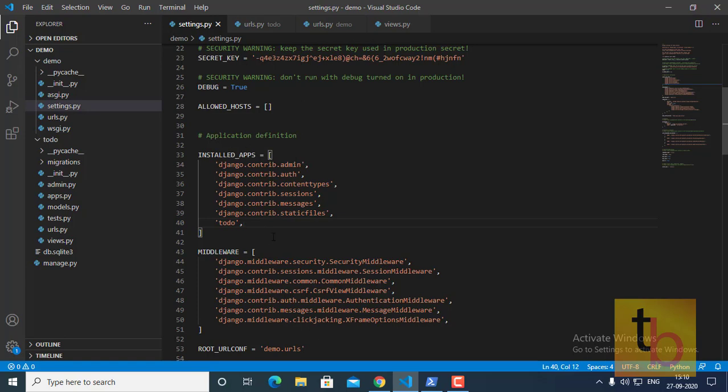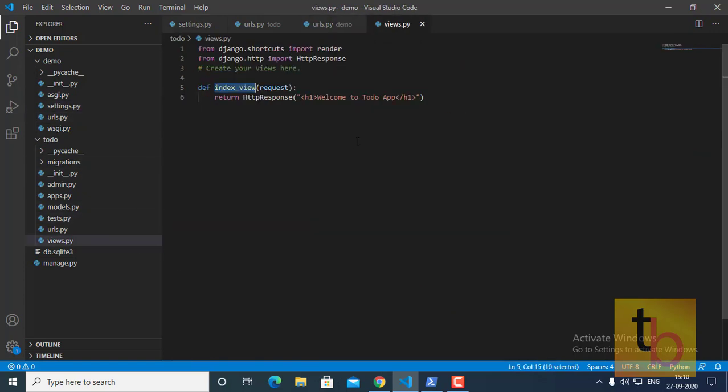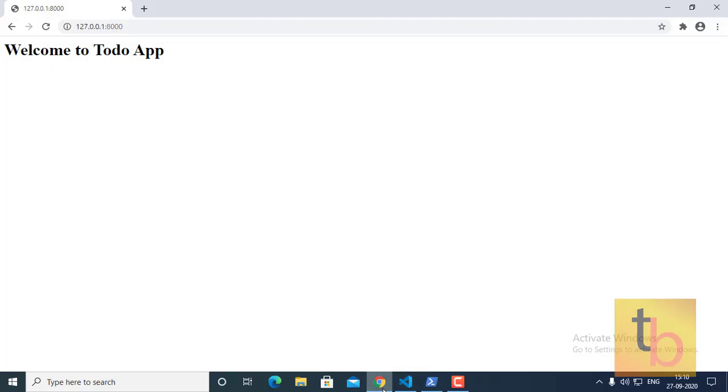This is mandatory whenever you create a new app inside of your Django project. Currently I have created one function and I am returning an HTTP response, which is basically showing me this welcome to to-do app.